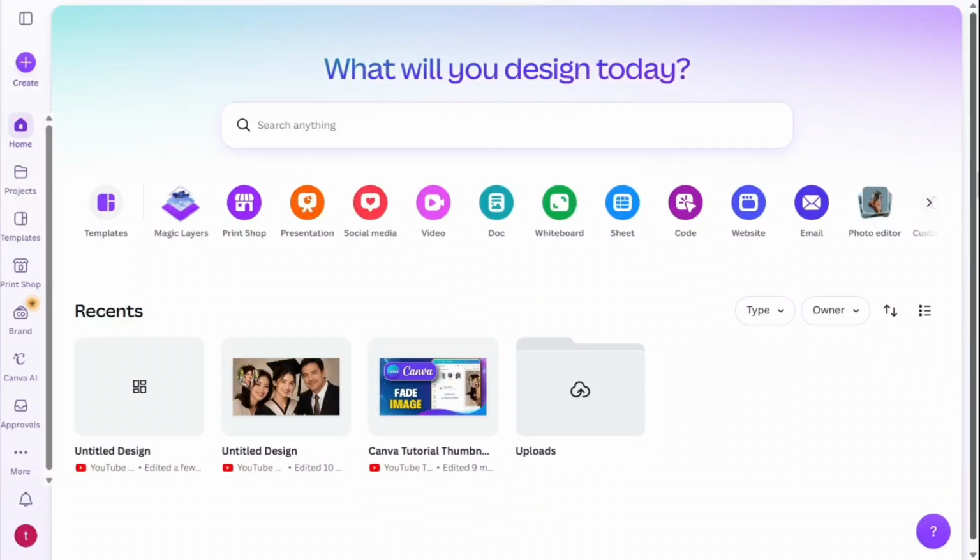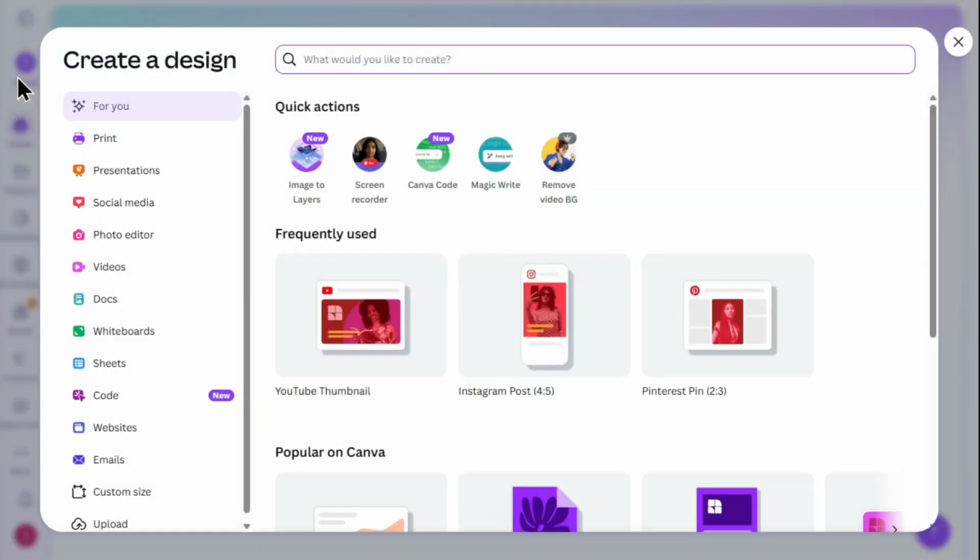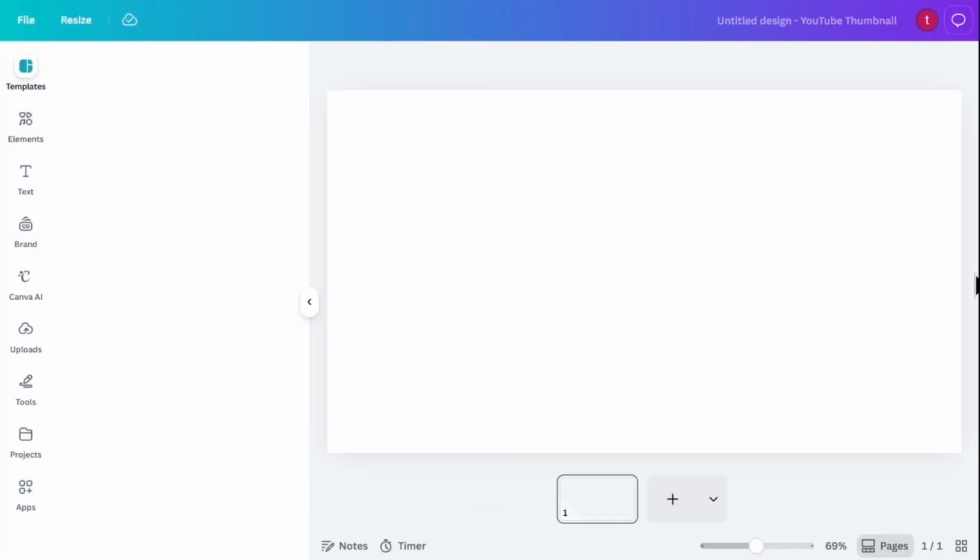In this video, I will be showing you how to blend two images in Canva. Let's get started. To begin, I navigate to the top right corner of the Canva homepage and click on the Create a Design button. From the drop-down menu of design formats, I select YouTube Thumbnail to open a fresh, blank